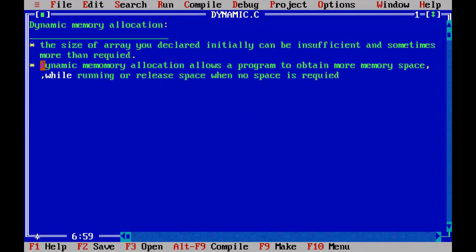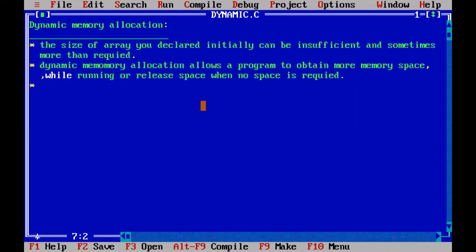When you use dynamic memory allocation, a program can obtain more memory space while running. That means whenever you require more memory space, you can allocate more instantly while the program is executing. Or if you want to decrease the space allocated to the elements, you can release the space when no space is required. That means you can adjust the memory for elements when the program is running, according to your requirements, when you use dynamic memory allocation.